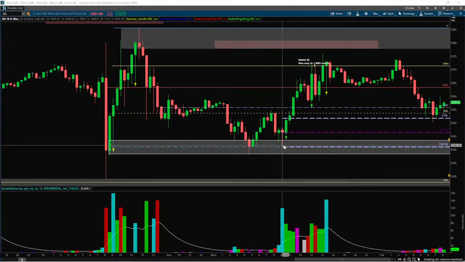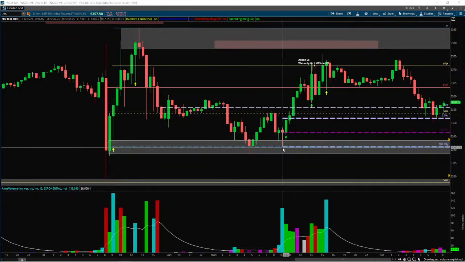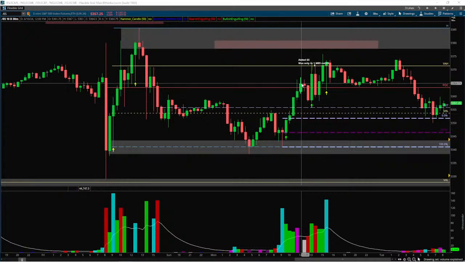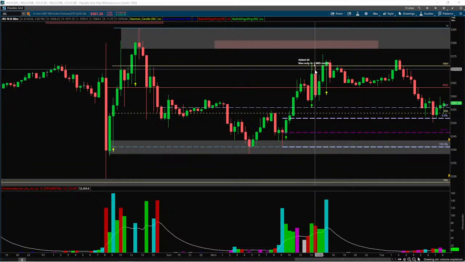We bounced off of yesterday's low area that I had marked with the high volume. Bounced off of that in the morning, and we slowly moved up. This was like a slow creep for 9, 10, 11, 12 hours, 2.5 hours, 3 hours. And then I did take a trade down, going down here,